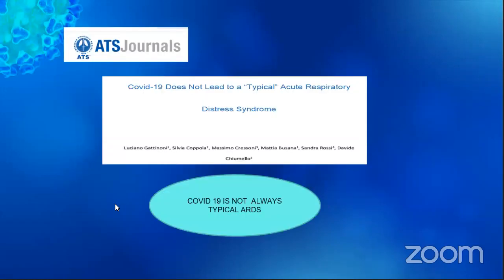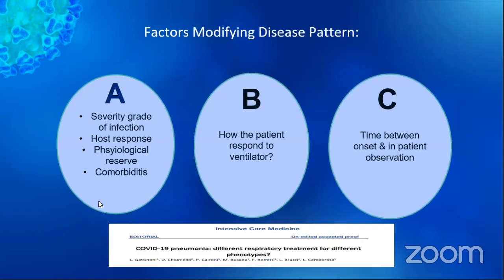In the American Thoracic Society Journal, he presented that COVID-19 does not lead to a typical acute respiratory distress syndrome. And this can be pneumonitis and can be typical ARDS. According to this article, he classified the factors into A, B, and C, and he says in